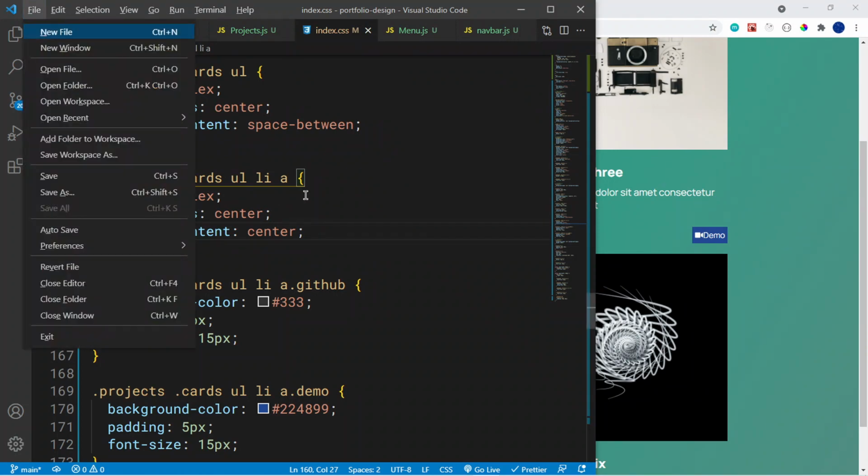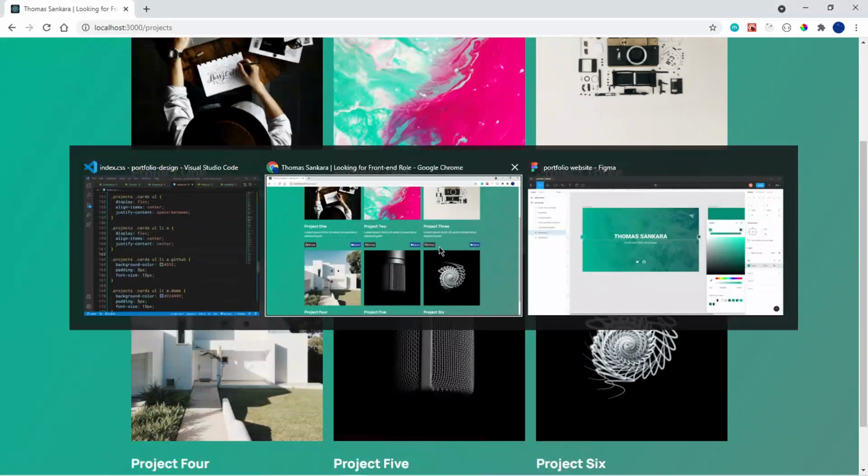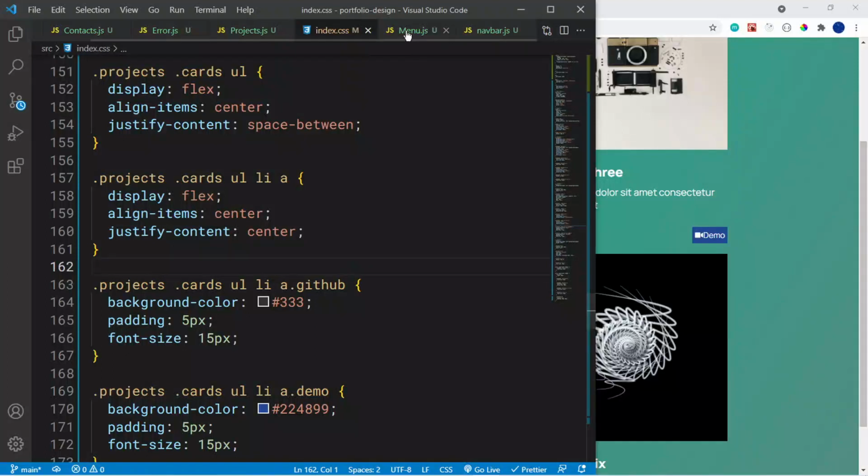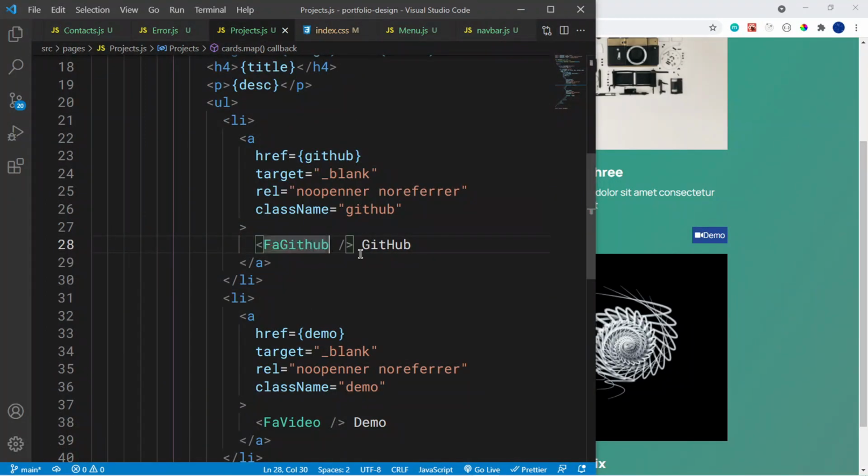Okay, and then I'm going to say wait a minute. Once we do that, what I need to do is go inside this first icon, the GitHub icon, and add an inline style. So I'm going to say style equals this. This is how you add styles in JSX. You say style equals, and you place two curly brackets opening and closing, and then I'm going to